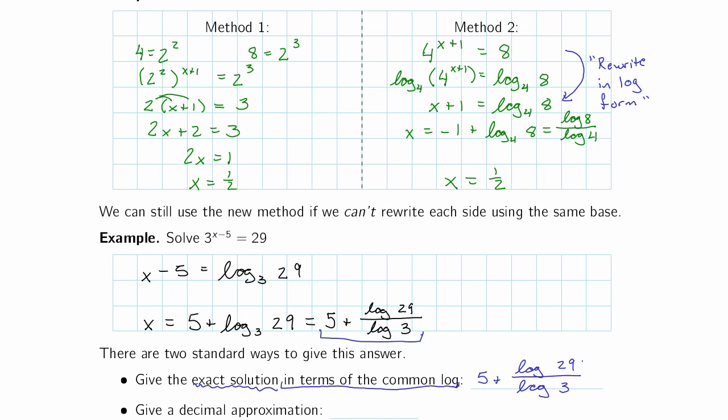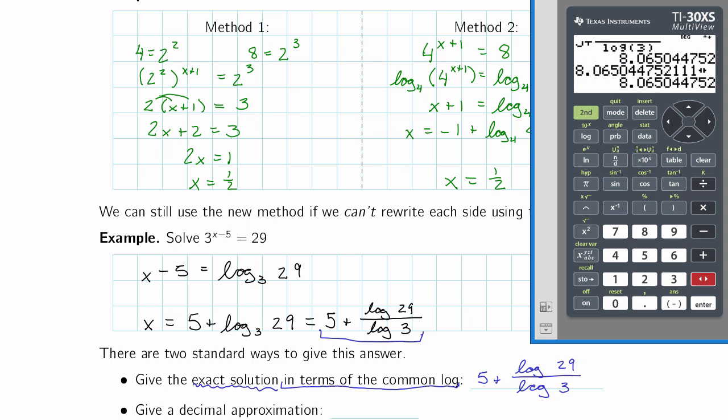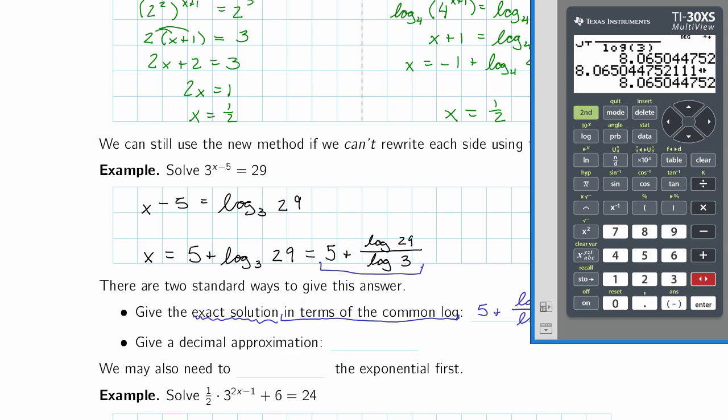We can later on calculate that to whatever level of precision we need for whatever our actual goal is. The other way we could give this answer is as a decimal approximation, so taking that number on the calculator and rounding it. Usually our instructions would include how many decimal places to round it to. But an example of a decimal approximation of this might be rounded to 2 decimal places,